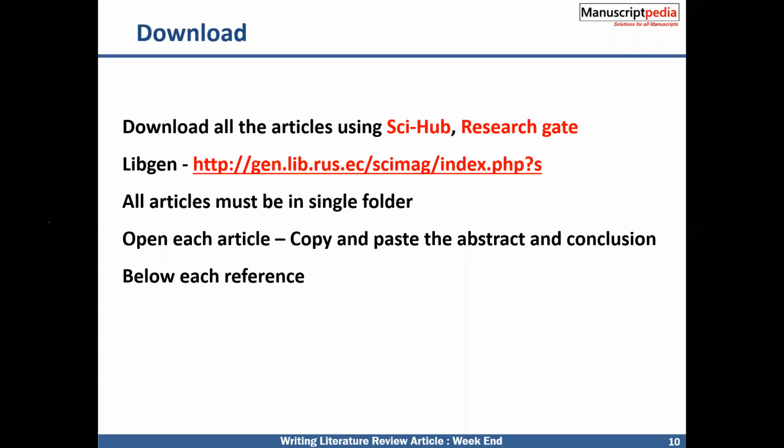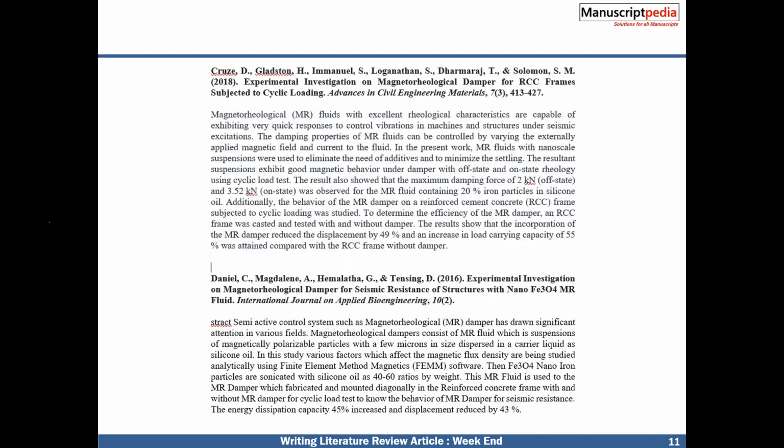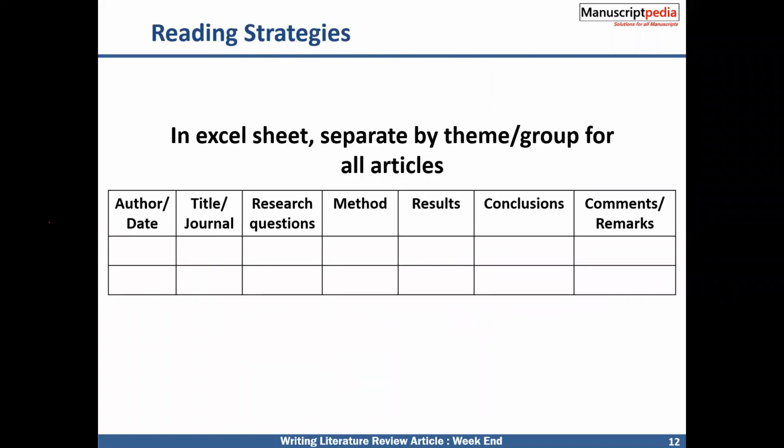So the first step is you have to copy all the titles in reference form from Google Scholar. The second is you create a folder and download all the articles, for example if you have 60 articles, you download them and paste them in a single folder. The third thing, as you see here, is that the references will be at the top and below it will be the abstract. The abstract and the conclusion will be mixed. These are all the things done for all 60 articles. First there will be a reference and next it will be an abstract.